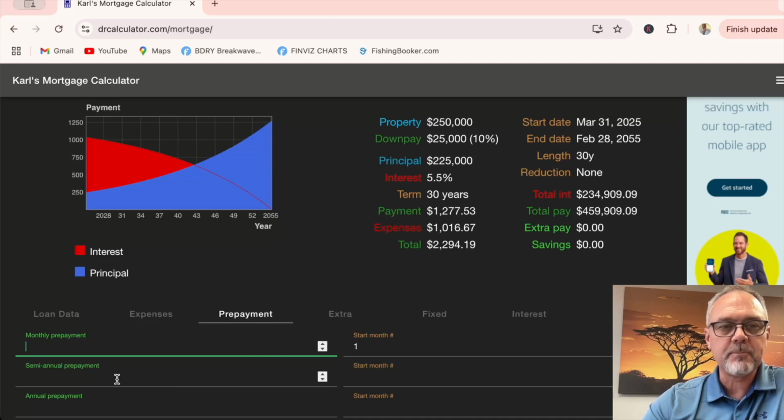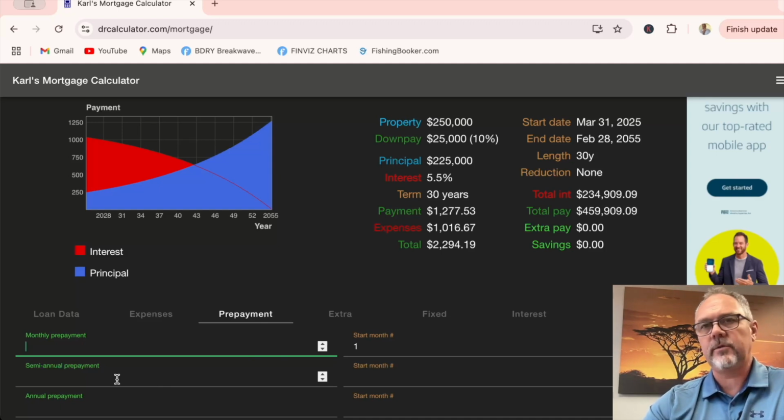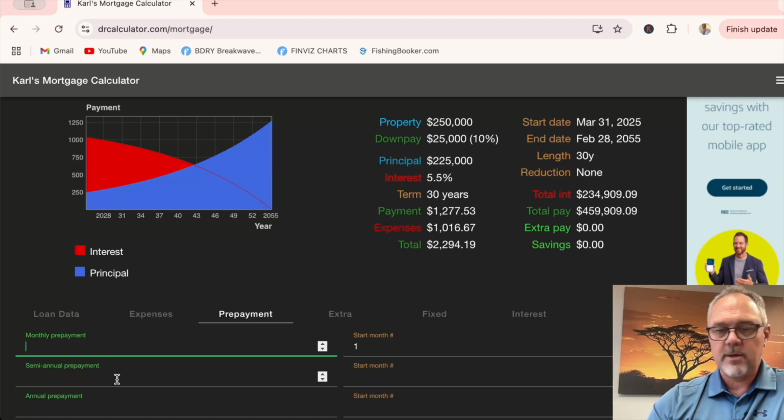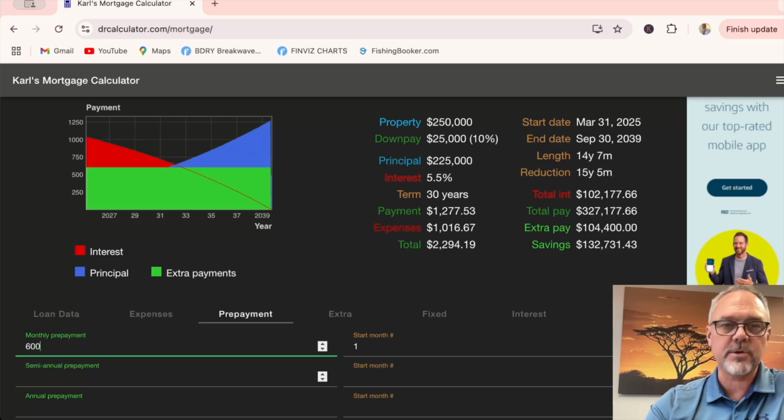So let's say that instead of buying the new truck, let's say the payment's $500 a month, and it increases your insurance by $100 a month. So instead of buying the new truck, what if we just keep the old truck and keep driving it for as long as we can, and then we buy a newer, new-to-us used truck later on, and we pay cash for it. So that would be $600 a month, $500 plus the $100 for insurance. So if we did that,